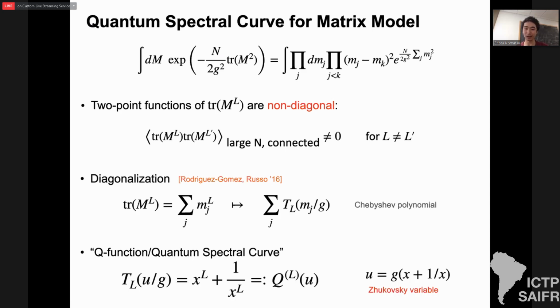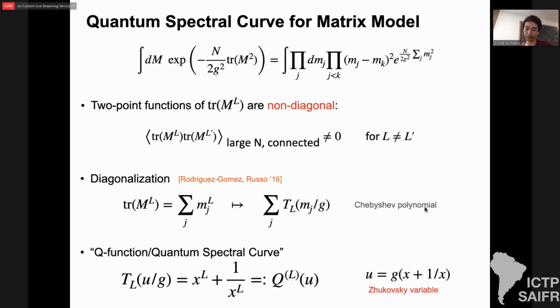But there's something that you can still diagonalize, which is actually the two-point function of single trace operators, because the two-point function of this kind of single trace operators in the large N limit are non-diagonal. So you can try to diagonalize it by constructing some nice linear combination of single trace operators. This problem was addressed in this paper, and they found that if you replace this single trace operator with a linear combination of single trace operators, which is given by Chebyshev polynomials, then you can diagonalize the two-point